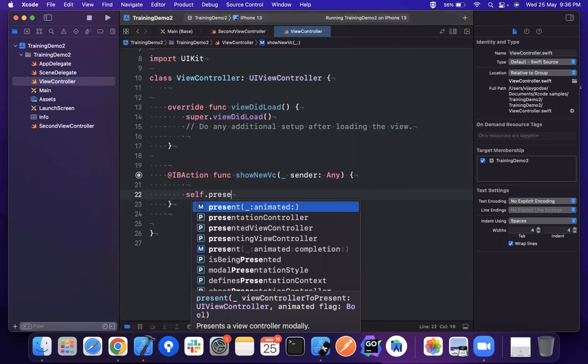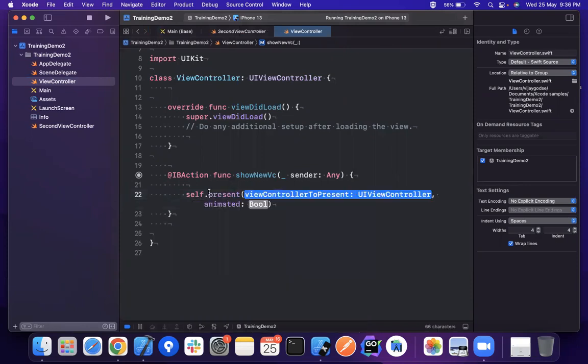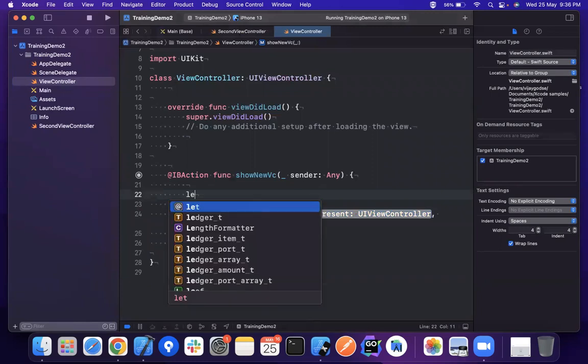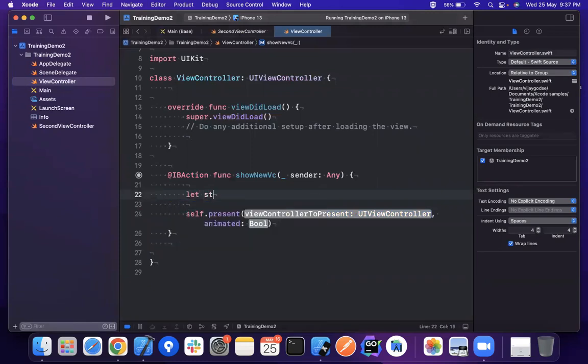So you can see the present method needs one view controller, and second is the animation. So we can provide animation and view controller, but we need to get the object of that particular view controller. So we first need the storyboard which contains this new view controller. So I can just add UIStoryboard, and for name I can give